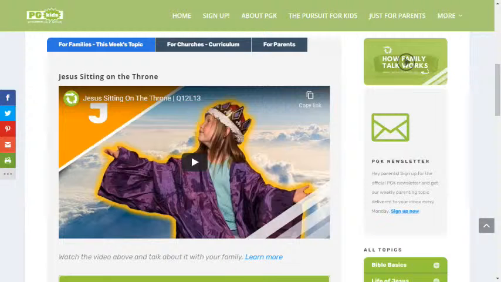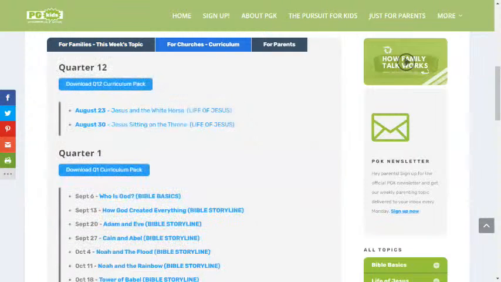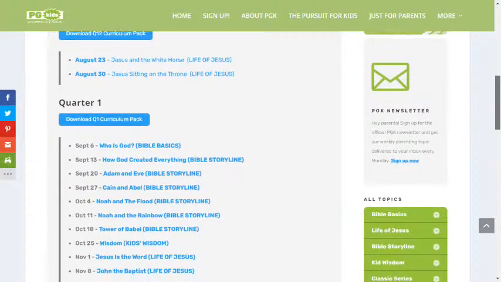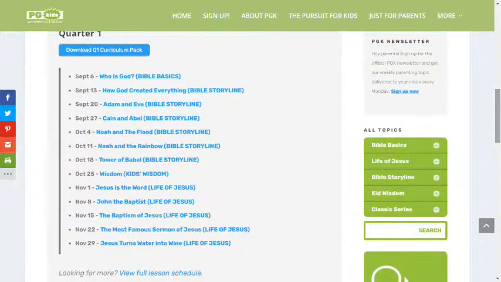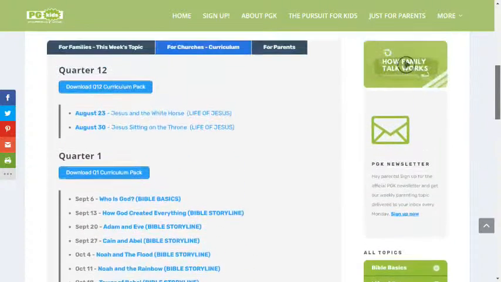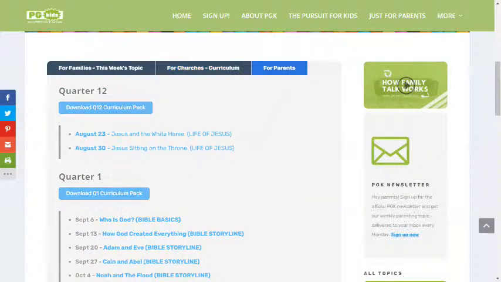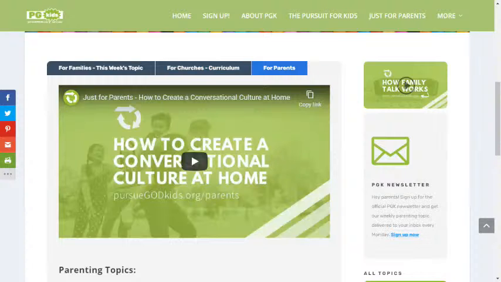Now, there's two other tabs here. So, for instance, for churches, this is the entire quarter that we're going to be doing ahead of us, and it's got each lesson there. So you can click on that. There's resources there that you can click on as well that have additional information, additional ideas like craft ideas, game ideas, that kind of stuff. That also was in that parent PDF. Now the last thing is for parents, this tab. And